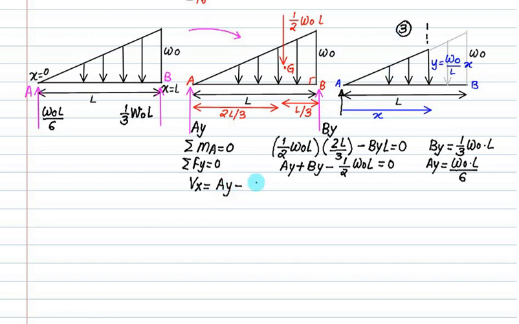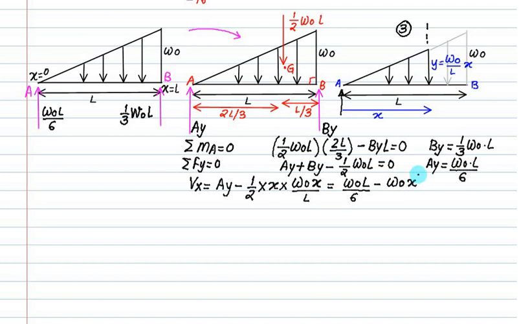This total load is 1 by 2, that is the area of the triangle, with distance x and intensity W0 multiplied by x divided by L. So that equals AY, which we have written as W0 multiplied by L divided by 6, minus W0 multiplied by